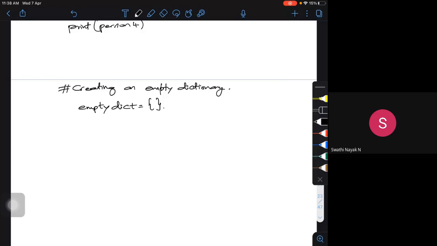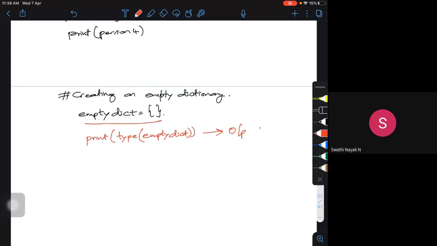When I create an empty dictionary and try to print what type of data type this is, empty dict, my output will tell that it is of the dictionary class, the dict class.